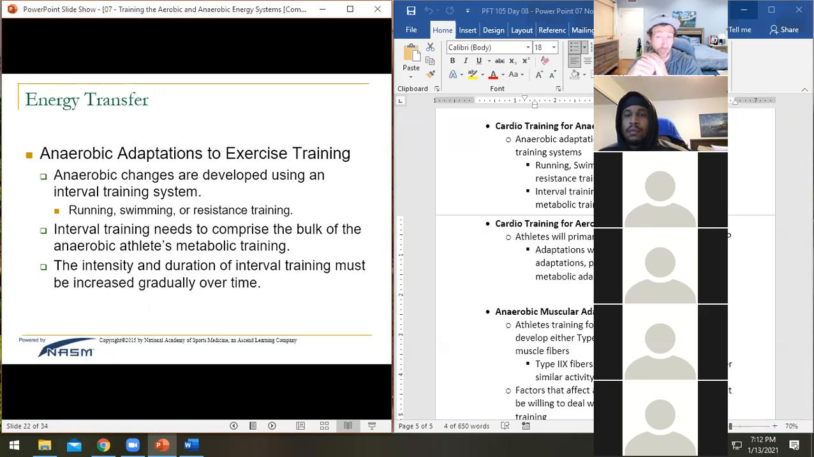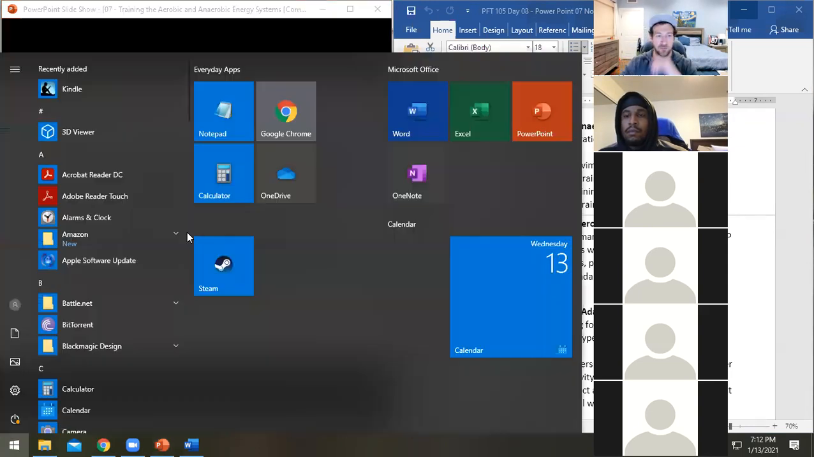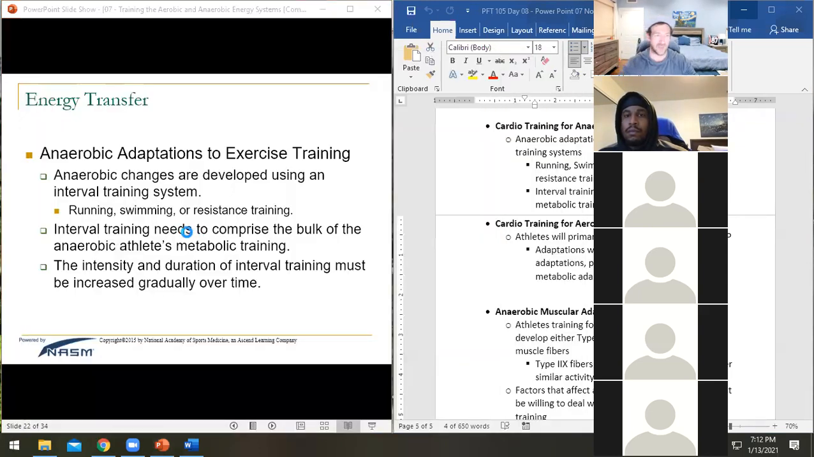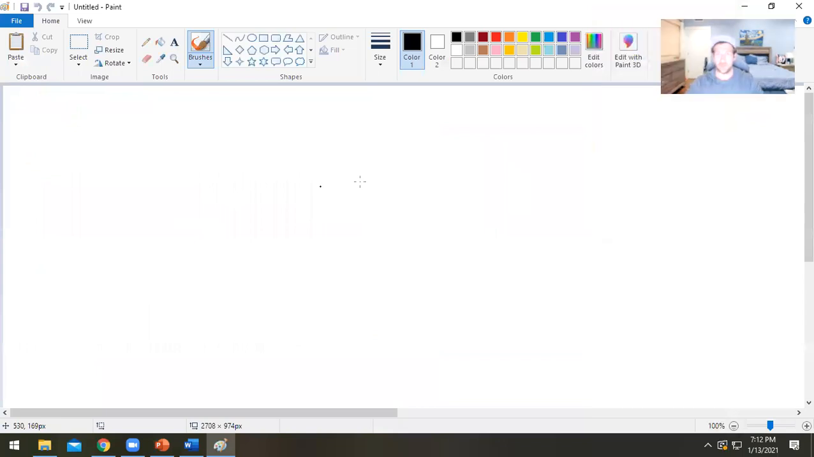But if you're going for aerobic adaptations, you can still do interval training, but you're probably going to focus more on a 1-to-1 ratio. So maybe 60 seconds on and 60 seconds off, or 30 seconds on, 30 seconds off. They're equal, which means that it's going to look very different. So I know how much you guys love my paint drawings. But if we look at anaerobic adaptations,